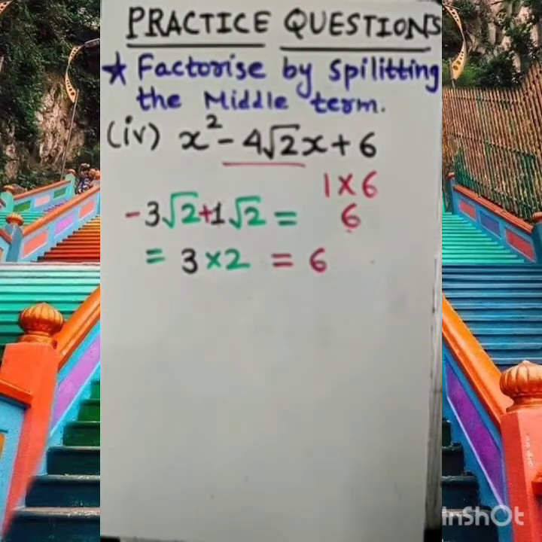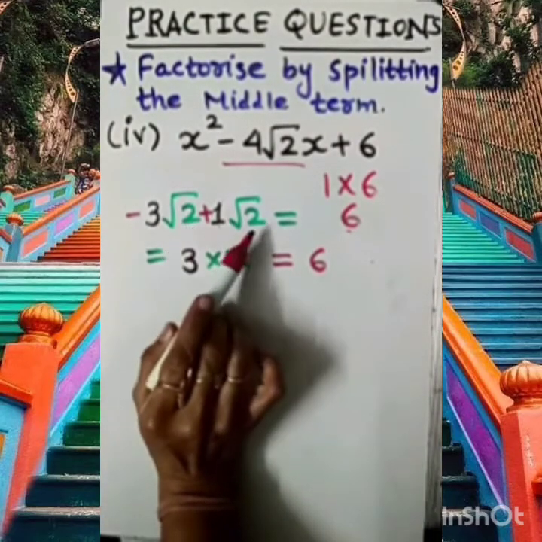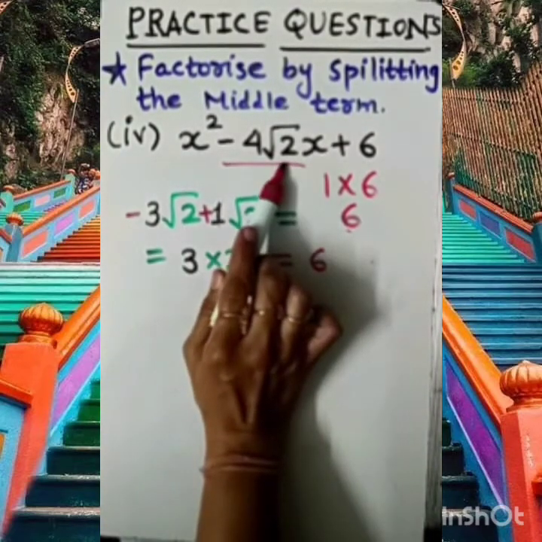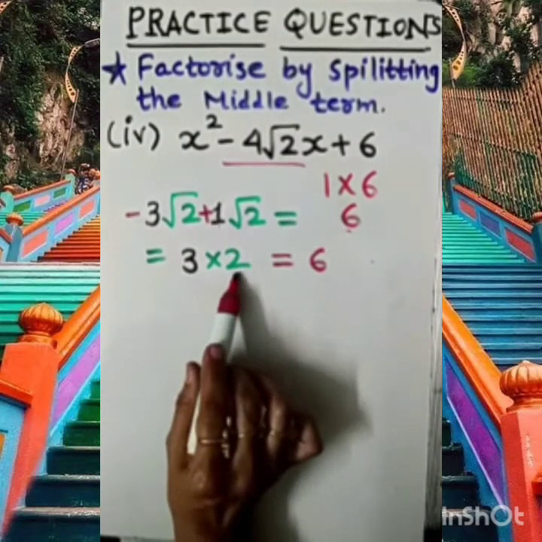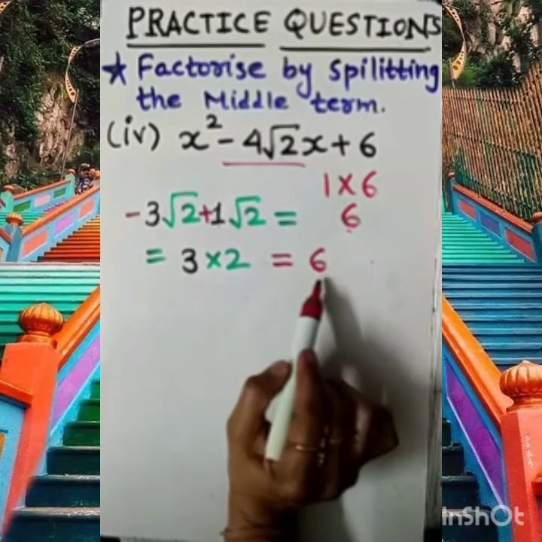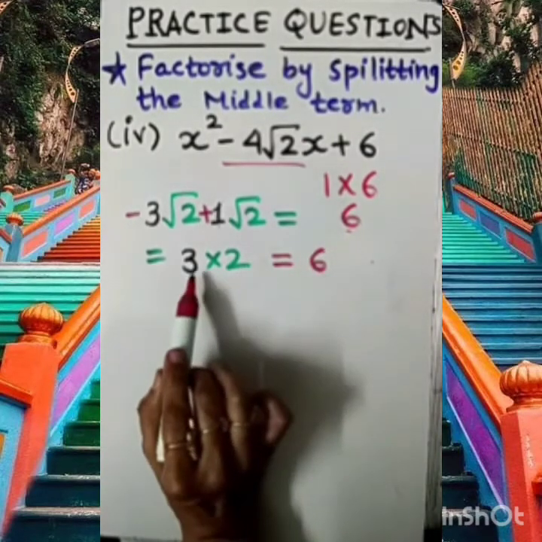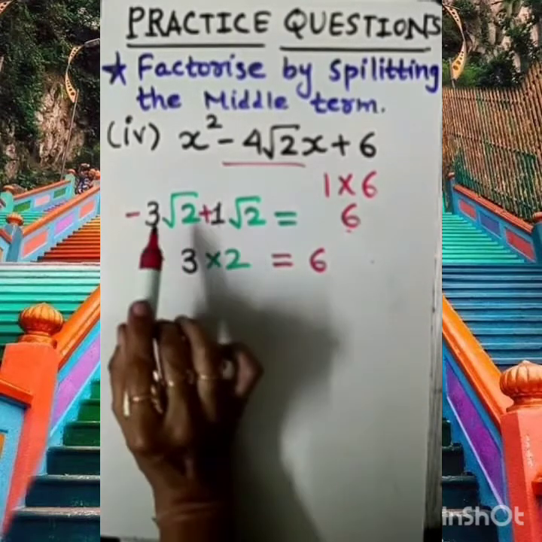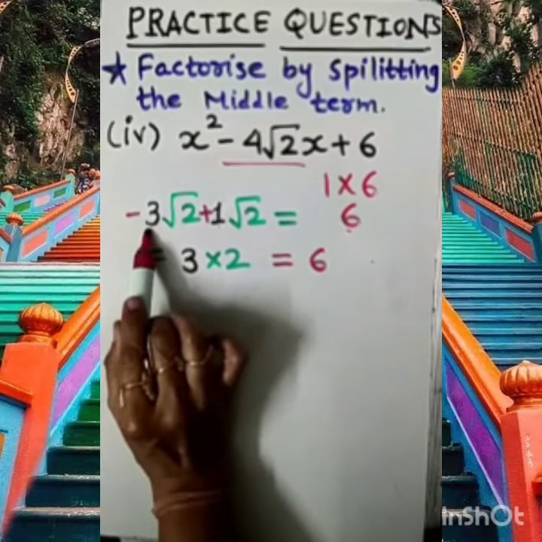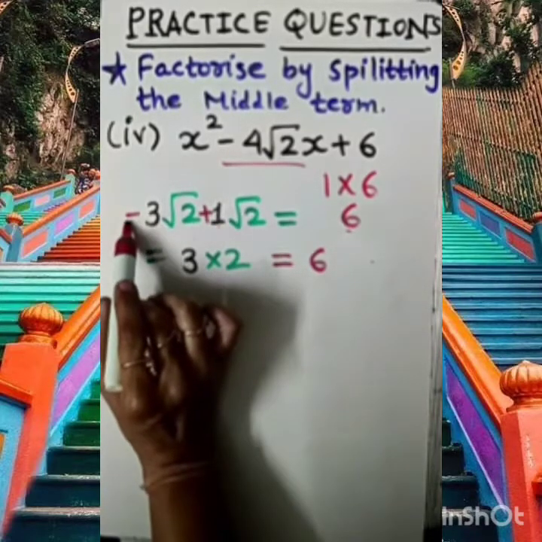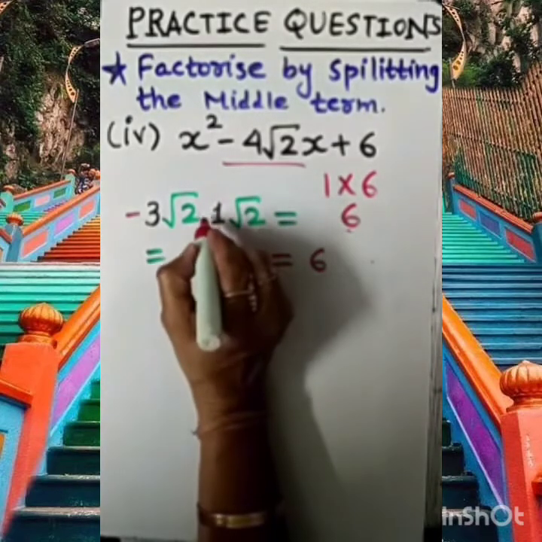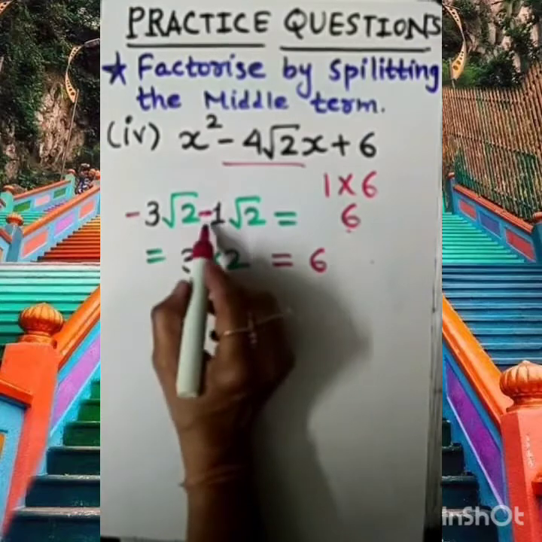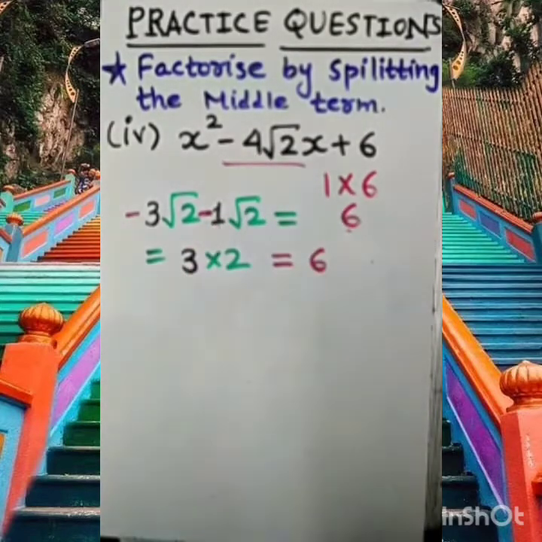How to work it out? Once again I am explaining. This root 2 you consider as a constant, because when we take the product, root 2 into root 2 gives the result 2. So if we want 6 as a result, then we need to multiply it with 3. So set the factors of 3 in such a way. So 3 into 1 is 3. Of course we know minus 3 and this will be not plus 1, this will be minus 1, because we know that minus 3 minus 1 is minus 4. Clear to you?